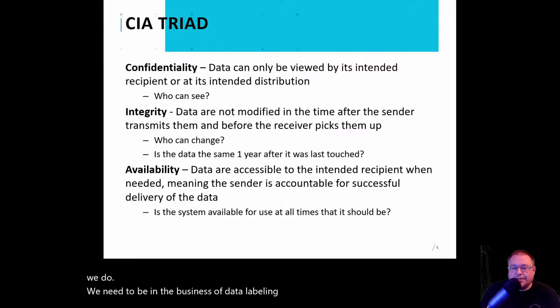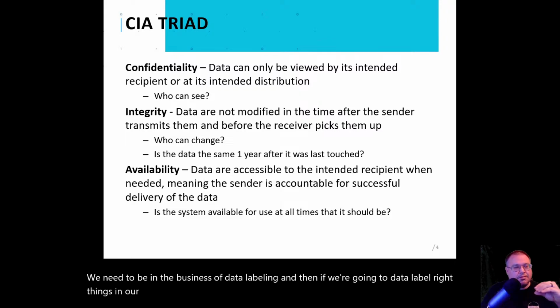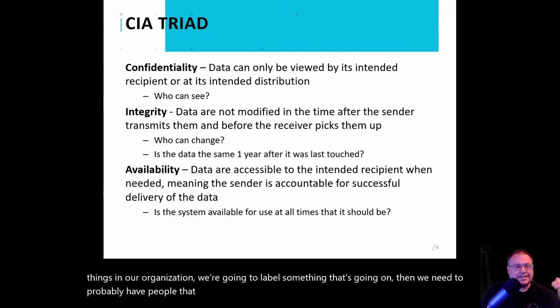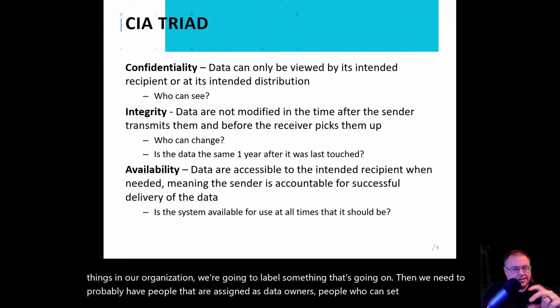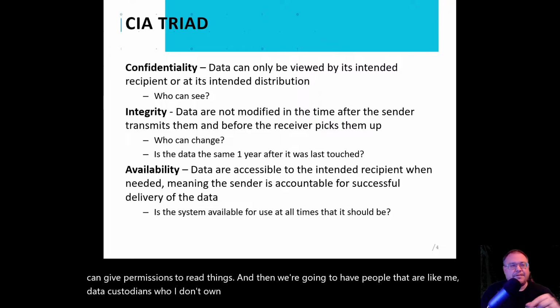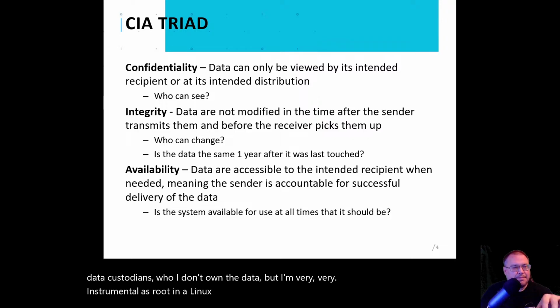And then if we're going to label things in our organization, we probably need people assigned as data owners, people who can set those labels and give permissions to read things. And then we're going to have people like me, data custodians, who don't own the data, but are very instrumental as root in a Linux system in keeping that data secured,